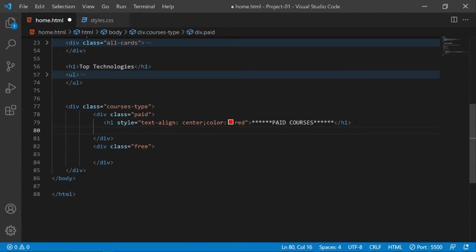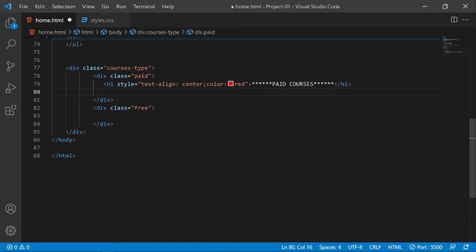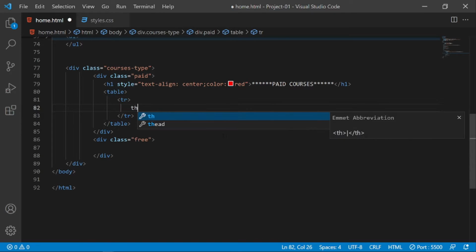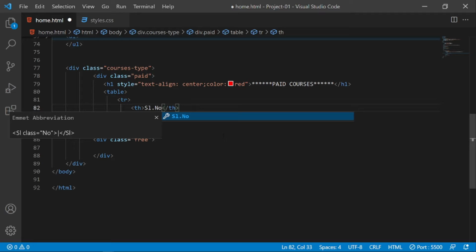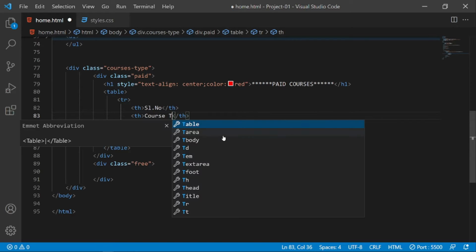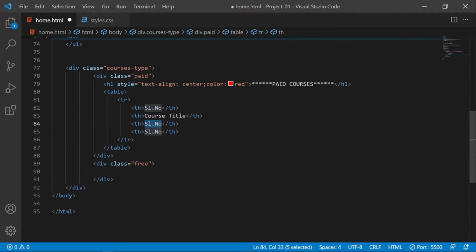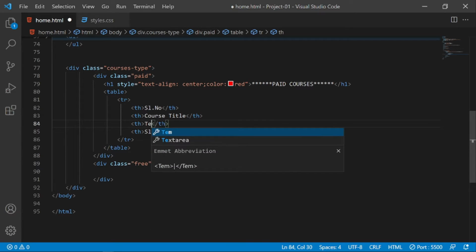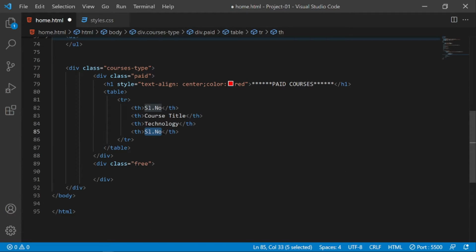Okay, below that, here I will be adding the table, and first I will add the table row here, and I will also add the table head here. First one is the serial number here, and I will copy and paste, and the second one is course title, and the third one is technology, under which technology it comes, and the fourth one is the price here.